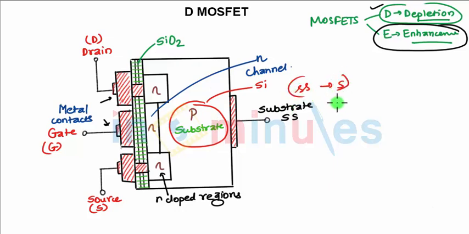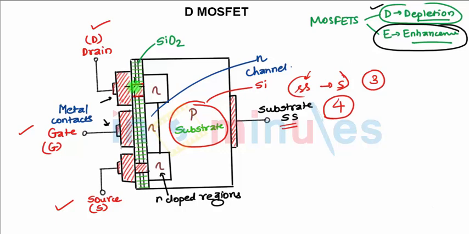Wherever it is not connected, we have a 4-terminal device, such that we have one terminal for drain, one terminal for gate, one terminal for source, and the last terminal for the substrate. So we have 4 terminals in all when the substrate is separate. But when the substrate is connected to the source terminal, we have a 3-terminal device called a MOSFET, right? Many discrete devices provide an additional terminal which is labeled as substrate, resulting in a 4-terminal device, right? The source and the drain terminals are connected through a metallic contact.